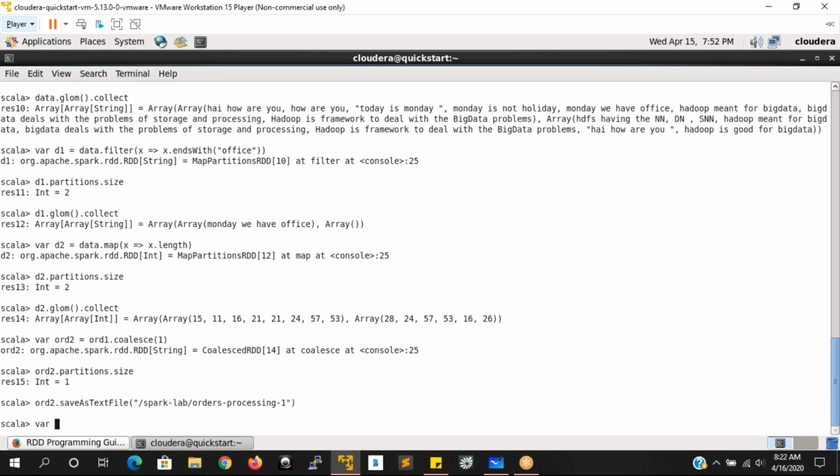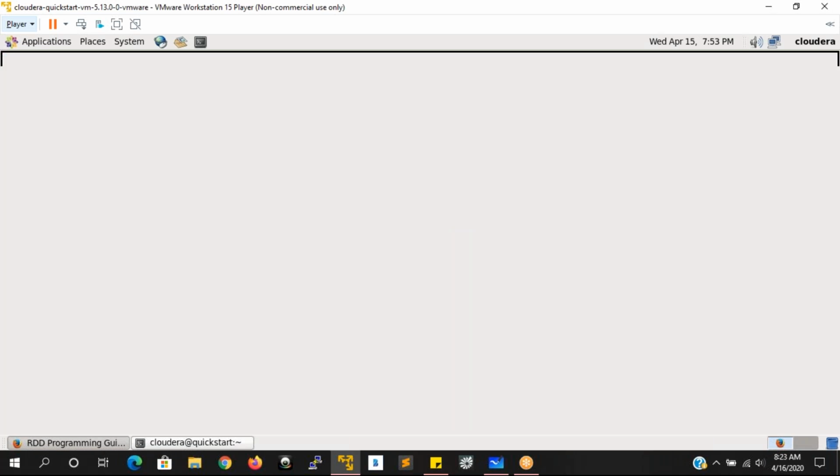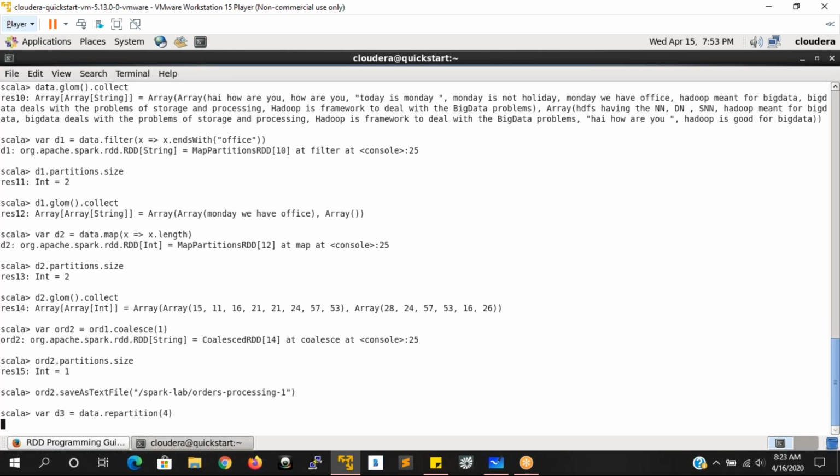Like D2, I have created D3. D3 is equivalent to data.repartition, and here I am going for 4.